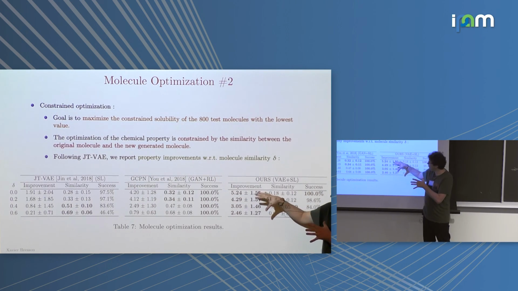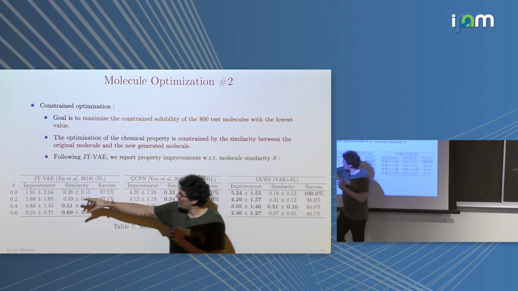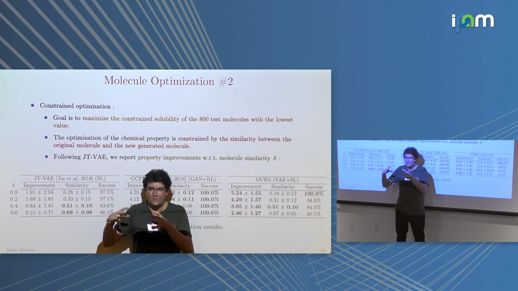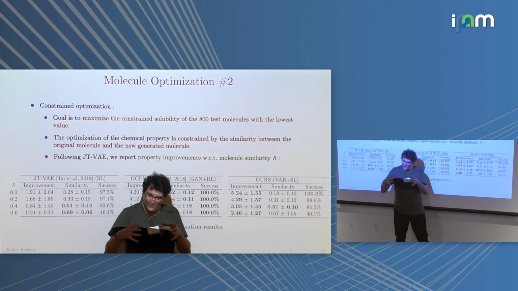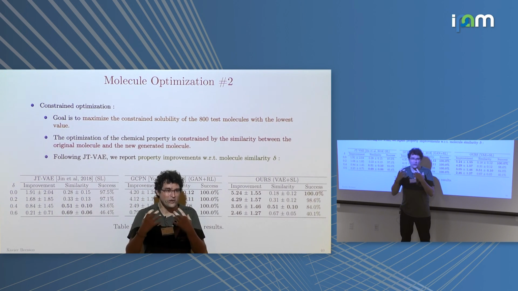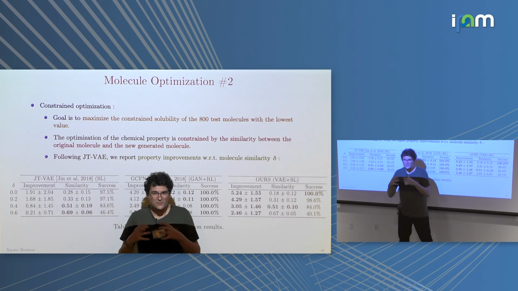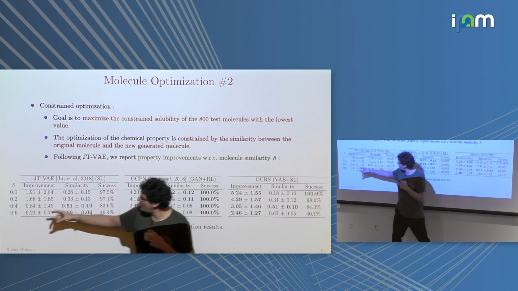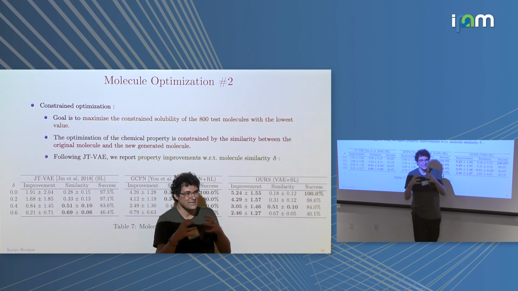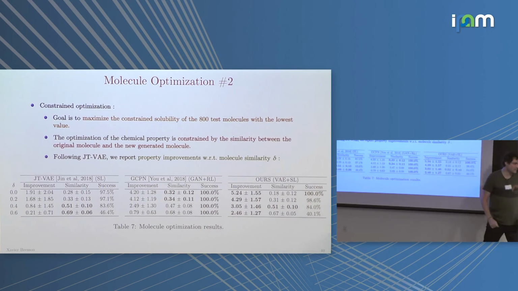So in some sense, we can compete with reinforcement learning here because we force the molecules to be close to the original one. So if you force your molecule to be close to the original one, VAE is still doing a good job because you stay in the range of the statistics that you train on. If you use reinforcement learning, you can go much beyond, but here you force your system to stay close to the statistics that you train on. So yeah, this is what you get.